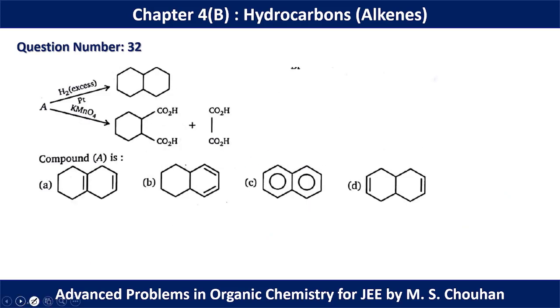In question number 32, we have a hot KMnO4 oxidation in the second reaction and a normal hydrogenation reaction in the first reaction. As we know, in hot KMnO4 oxidation, we dissociate the C=C double bond and form the corresponding oxidized product. If a carboxylic acid is present, that indicates we had an sp2 carbon with one hydrogen. So basically before dissociation we must have this kind of situation,